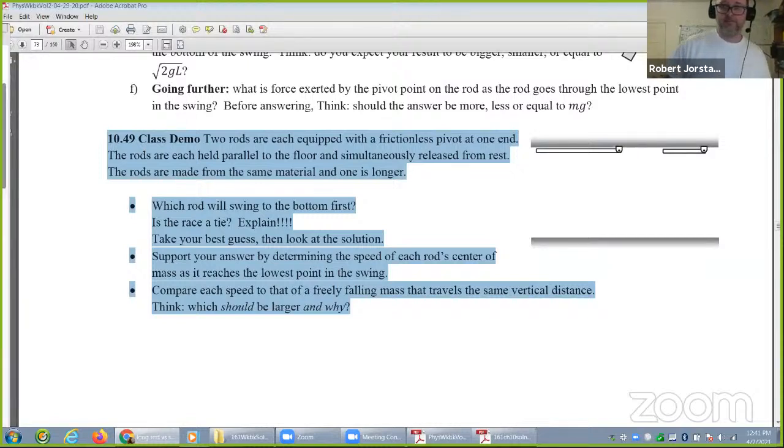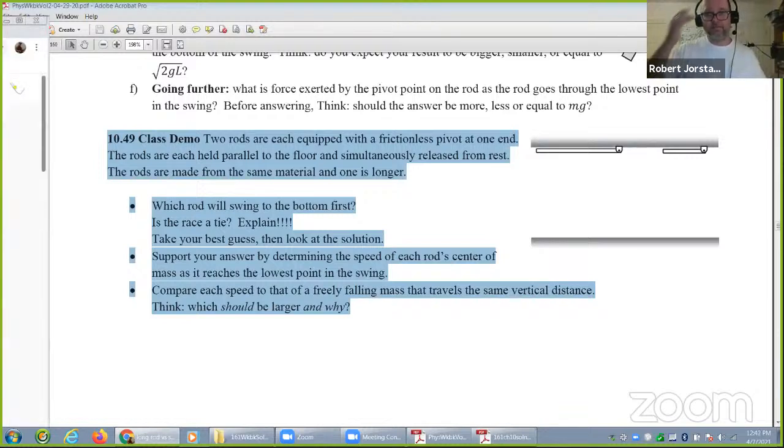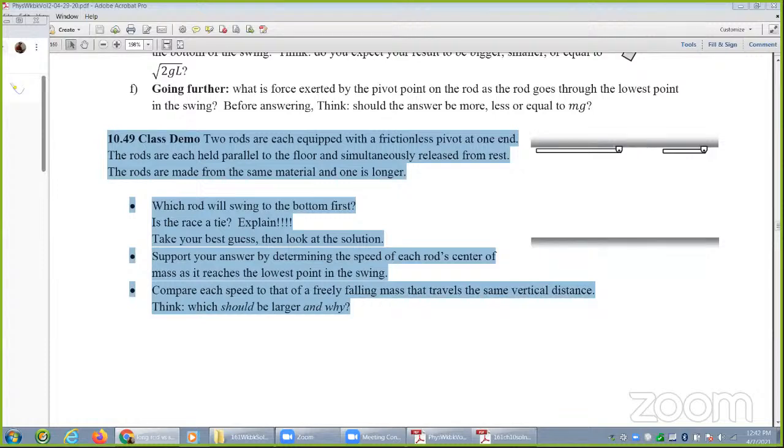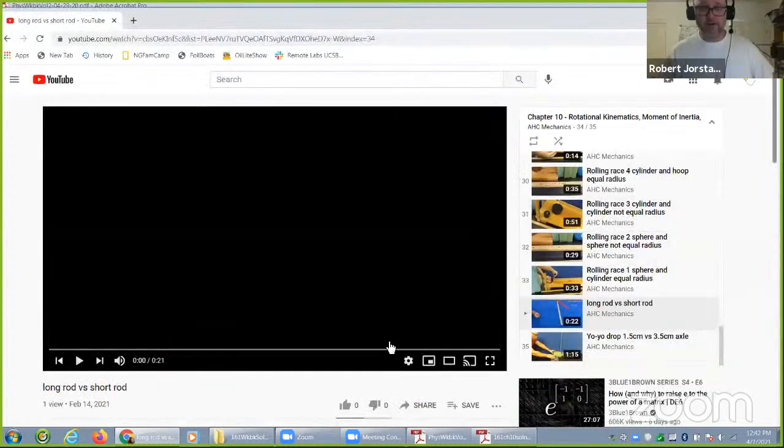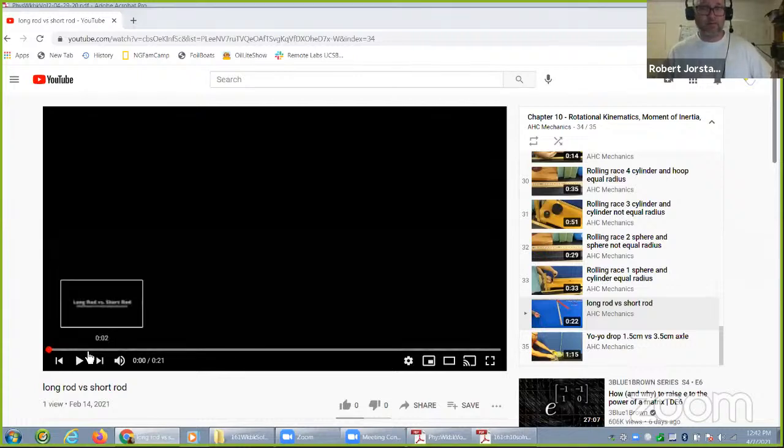What do you think? Any guesses? Basically, you have one that's a full meter stick and one that's a half meter stick. Which one's going to get down to the bottom first? Or is it the same? What's your gut tell you? The smaller one. Okay. Let's take a look here. Somebody's in the chat there. Okay. So when we run this one,